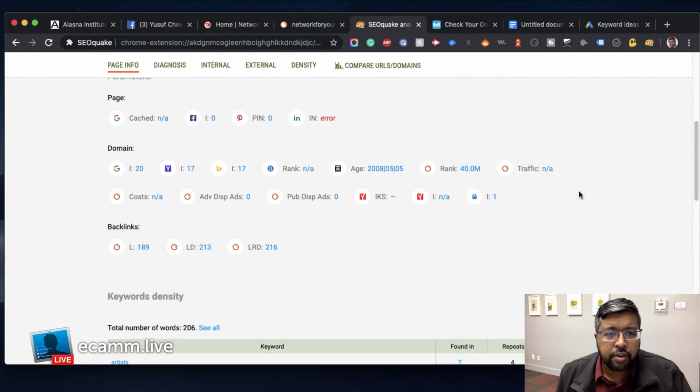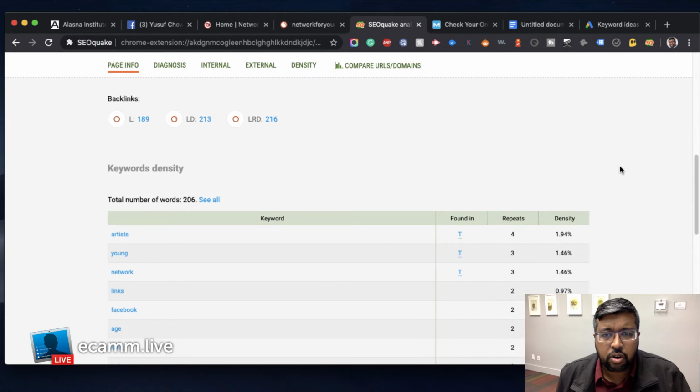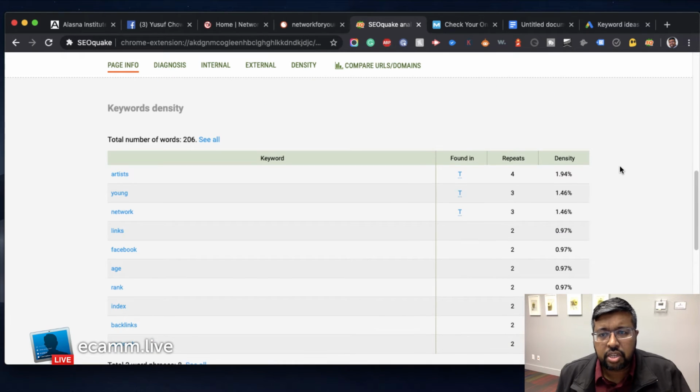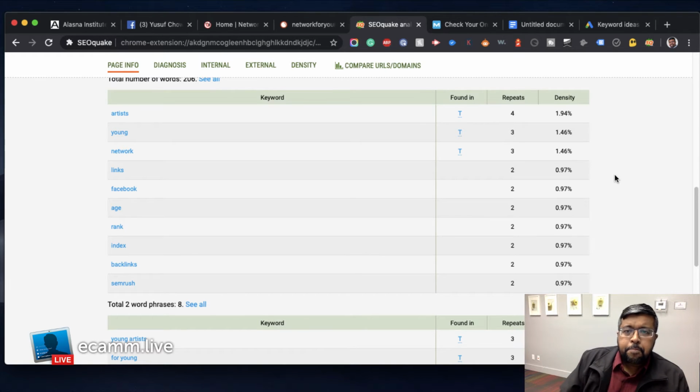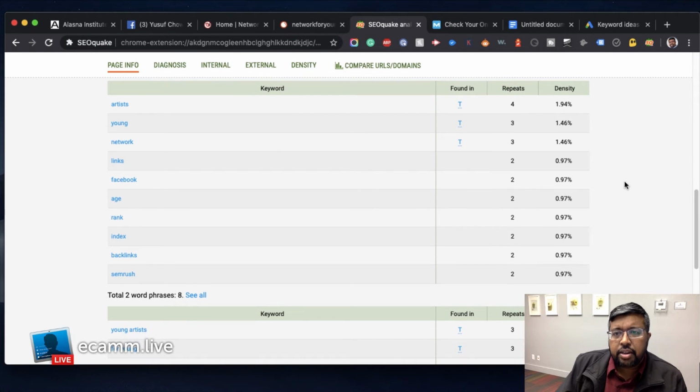Then when I scroll down, I look at the ratio for the keyword density. Keyword density has no effect on SEO as well, but that's what most of the SEO folks will claim, and some disagree. But my thing is that if any keyword is mentioned too many times, if the density goes above 3%, then there might be a problem, because that's considered keyword stuffing. Like you basically mention the same keyword over and over. So right now,